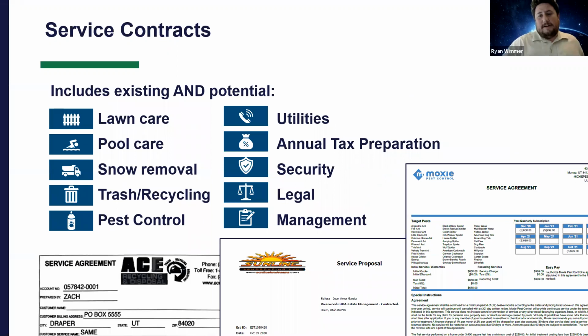All right. The third category of information to gather is your service contracts, both existing and potential. Check existing service contracts for terms and specifications, research renewal rates, or make inquiries with new service providers. Once you've gathered that information, the cost of services, add these to your spreadsheet of expenses. So you're not just getting these numbers and leaving them anywhere. You're trying to put them all into one spreadsheet as you're preparing your budget, so that you have this information